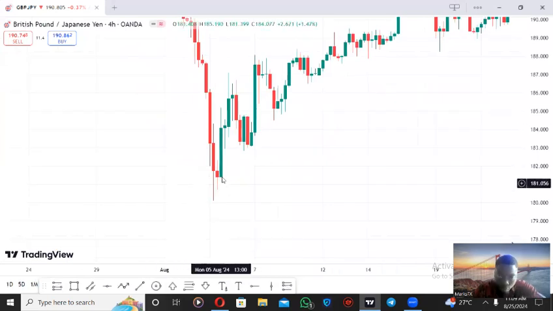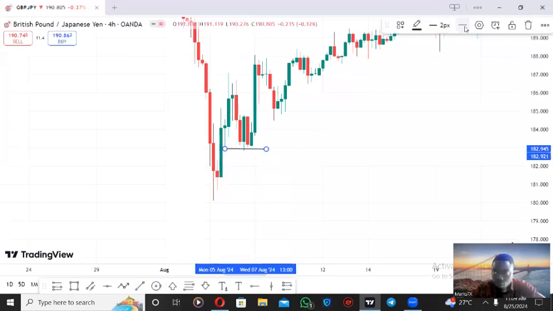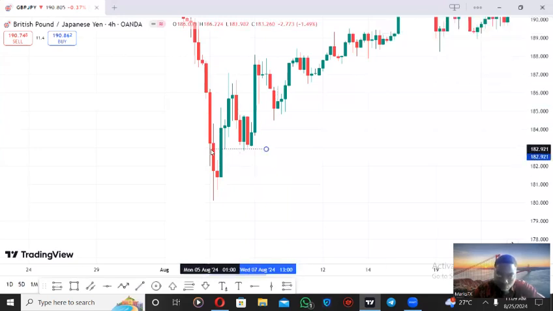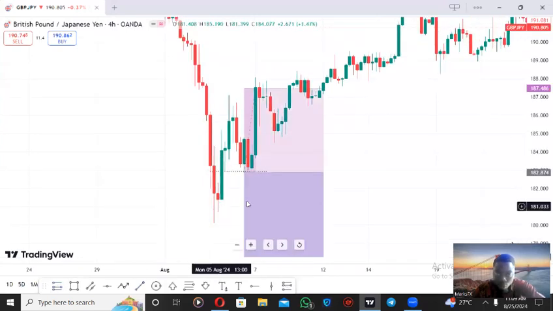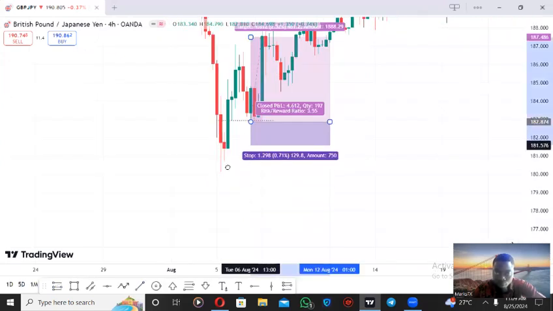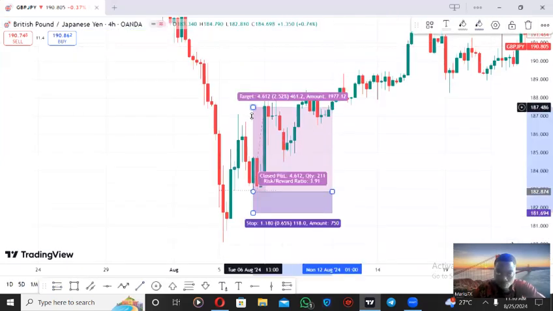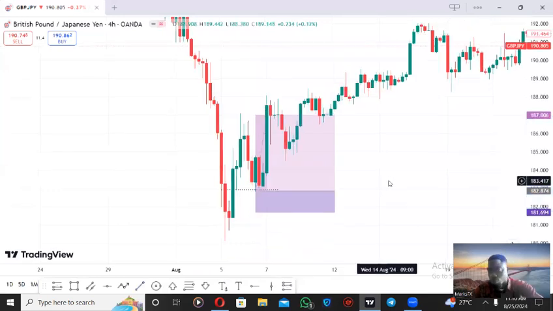As price came here, there was no sweep here, and then price pushed up, came down. There was no sweep here. All right, we have this sweep. This guy swept this. So you can see that this week was taken out. So we would have bought from here, because now that you know that you are bullish, you are trading in line with the trend. So if you are targeting a 1 to 2 risk to reward ratio on the 4-hour time frame,